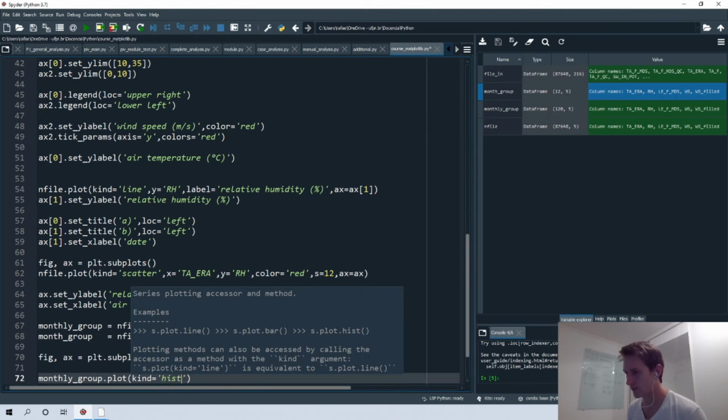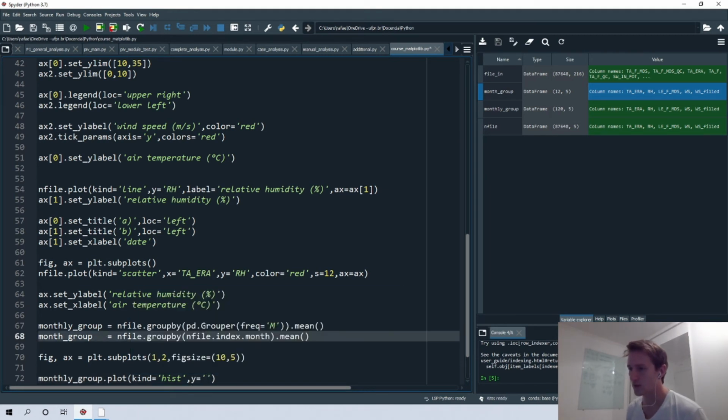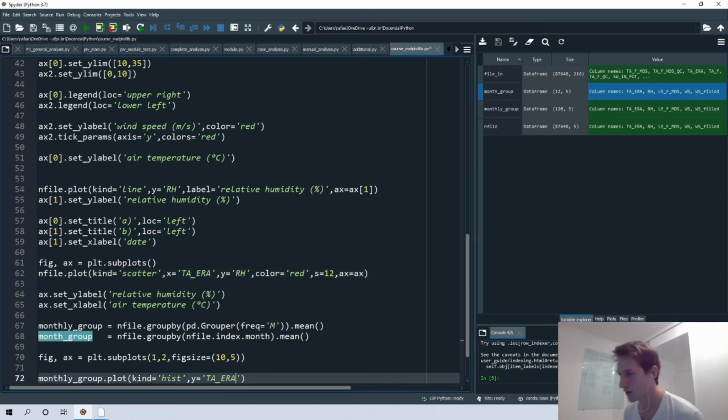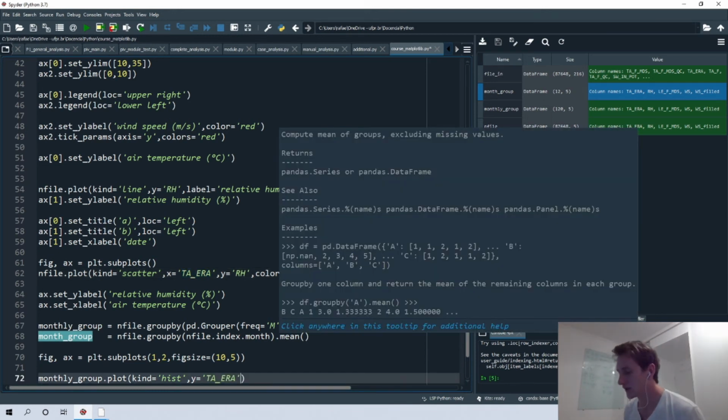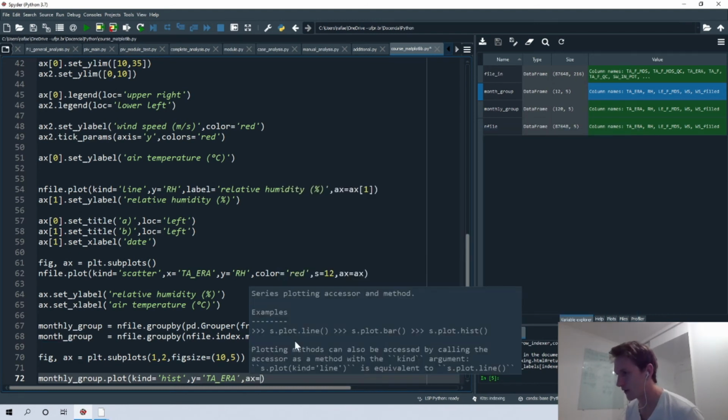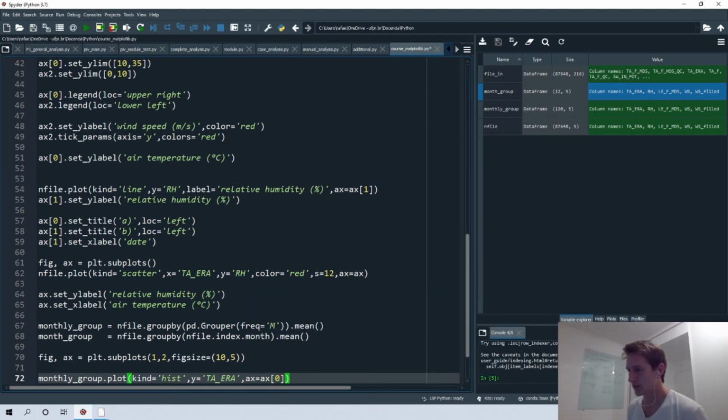So ax is defined as ax. And the variable that I want to show in this histogram is only the air temperature, for example. So the air temperature is that variable here, so we can just copy that. And then we define the position of our graph that will be in the first position. Okay.